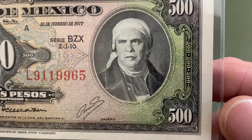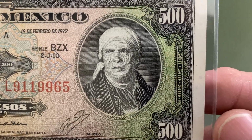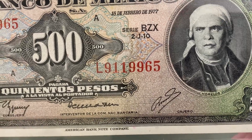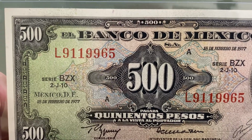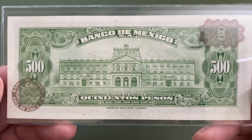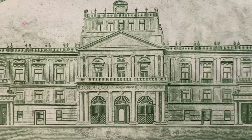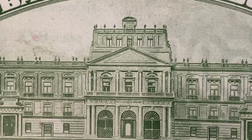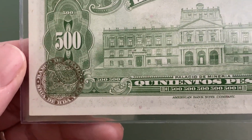The engraving is of Jose Maria Morelos, a Catholic priest, a military leader, and president of the Supreme Mexican government in the Mexican War of Independence. Morelos is considered a Mexican national hero and was yet another revolutionary leader who was executed by the Spanish authorities. The green reverse has the illustration of the Palace of Mining in Mexico City that was completed in 1813 and is considered to be one of the finest examples of neoclassic architecture in the Americas. It was built to house the Royal School of Mines and one of the first buildings designed for teaching engineering